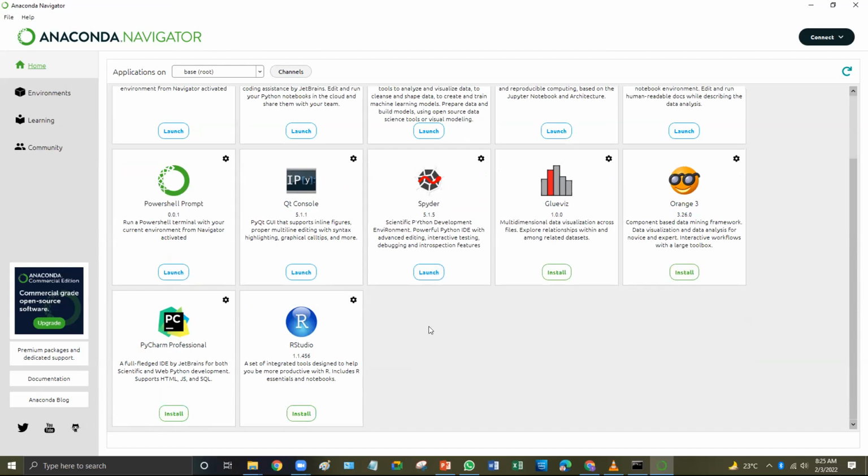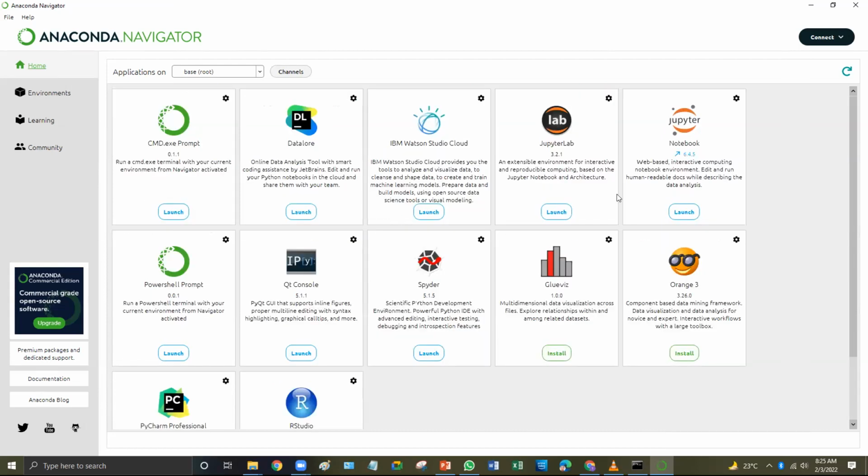I could launch Spyder, but I couldn't launch Jupyter from here. But then Jupyter I could start by closing Anaconda, and then Jupyter by itself was working. But from this screen, I was not able to launch Jupyter. Do you have a launch button there, or an install button?